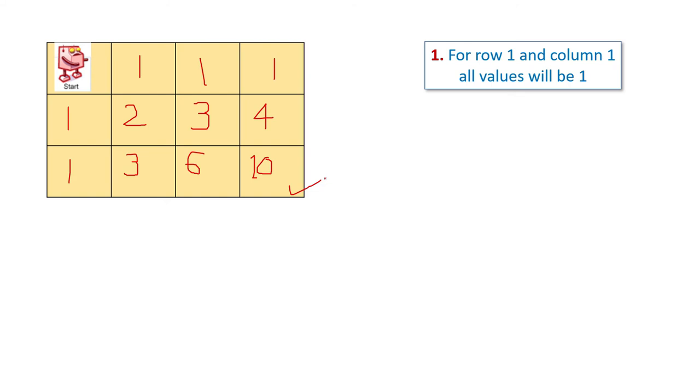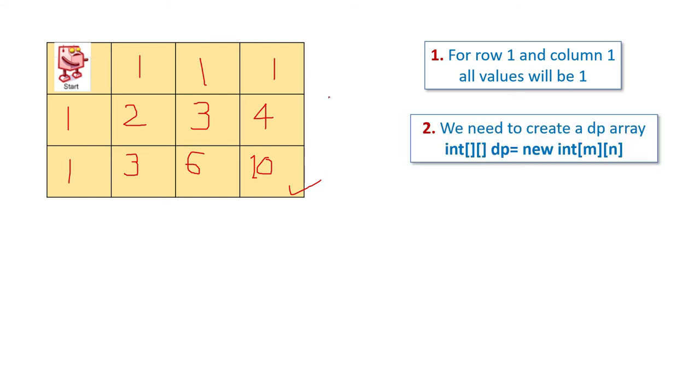Now a few points to note here before writing the code. So we need to create a DP array. DP means dynamic programming, where we need the memoization technique, right? Because to come to this point 10, before that I have some pre-calculated values, right? Then only I was able to come here. So this whole structure we have to maintain somewhere. That's why we need a 2D DP array where we can calculate and store, and at the end we will get the final result.